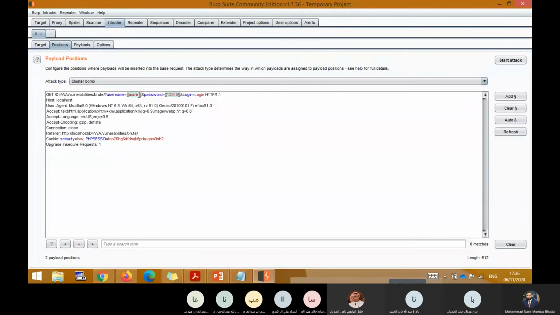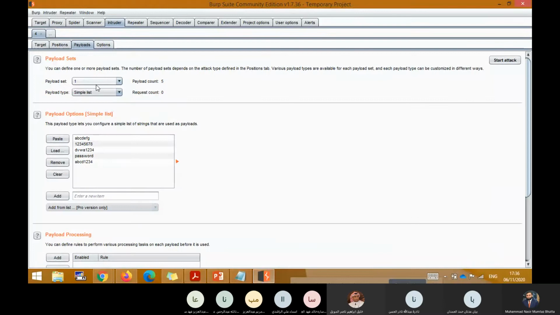So first, let's say we want to create only for usernames. Because this is the first variable, it will be the first variable here, username. So I clear all and I add here one of the possible users which I want to try. So I want to try, for example, admin. I want to try user. I want to try